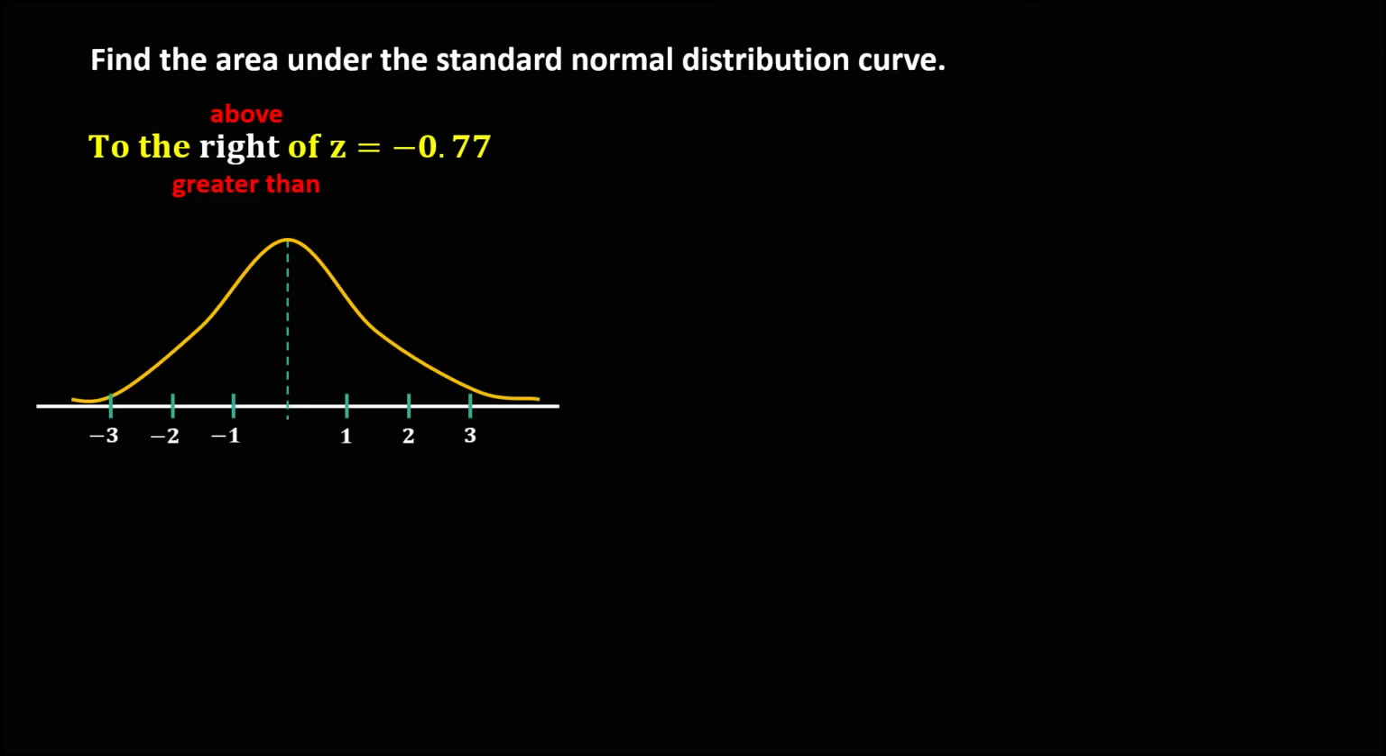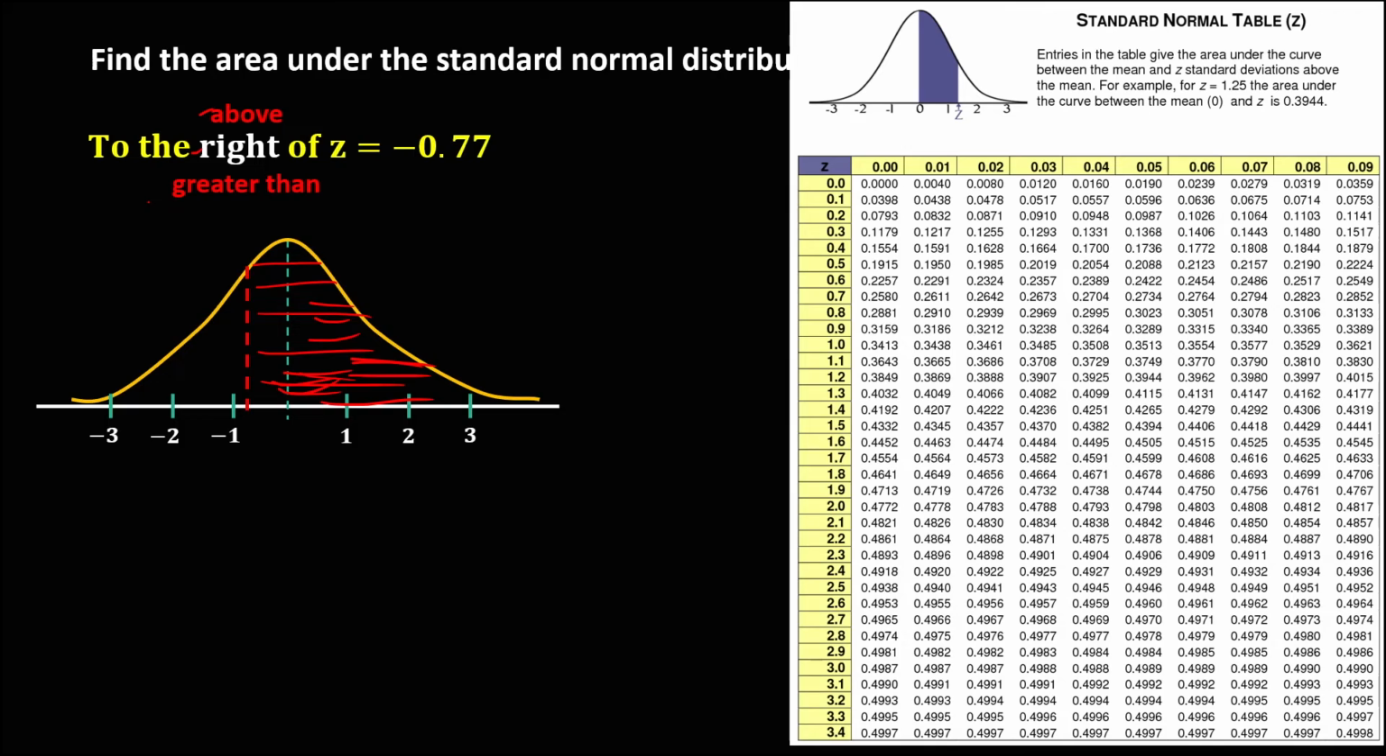Then for this given, to the right or above or greater than z equals negative 0.77. So in a normal curve, let's assume this is negative 0.77. Since to the right, above or greater than, therefore, this is now the unknown area. So to find this area, we have this 0.7, then 0.07, so that's 0.77. Then you connect, so the area is 0.2794. So this is the mean. This is negative 0.77. Therefore, this area is